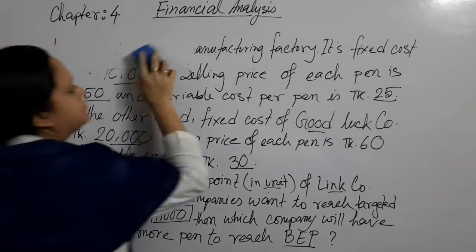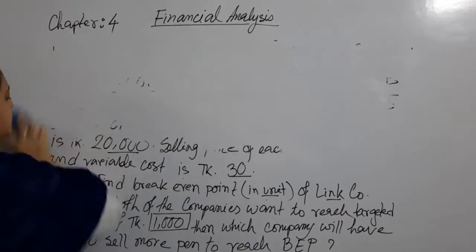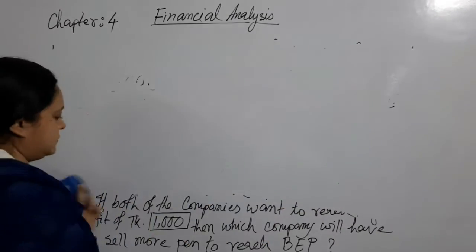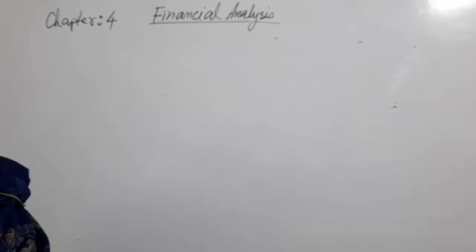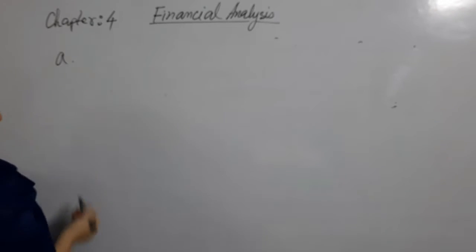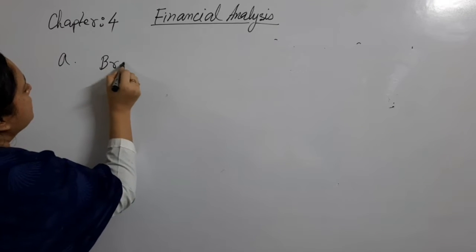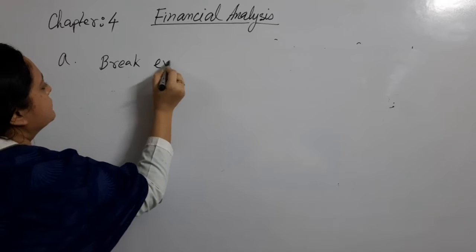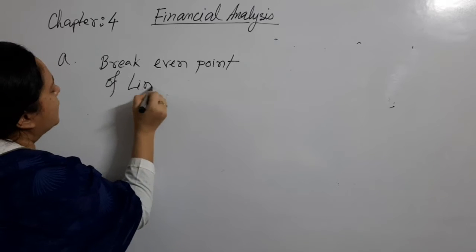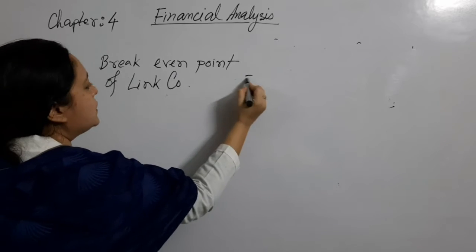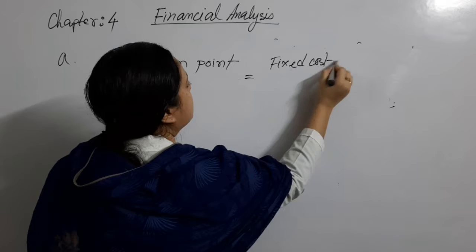Requirement A. Find out the break-even point of Link Company. So, the break-even point of Link Company equals to the formula: fixed cost divided by